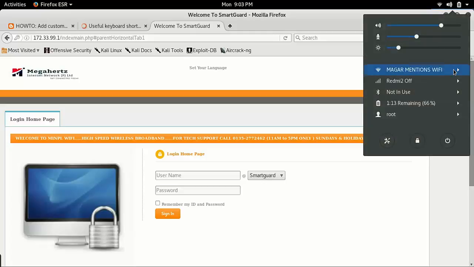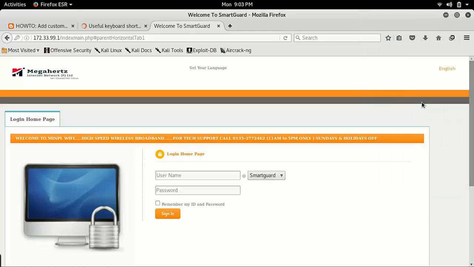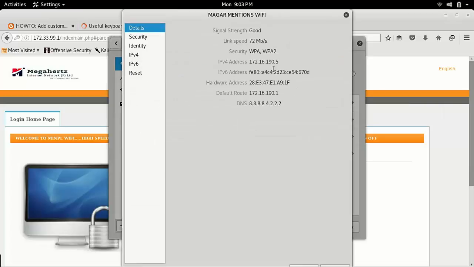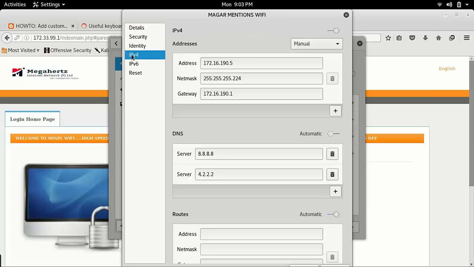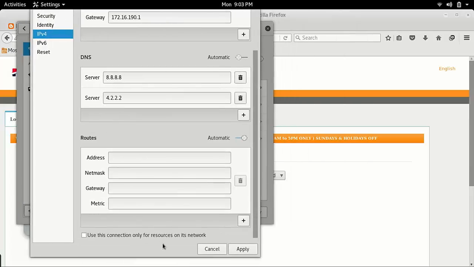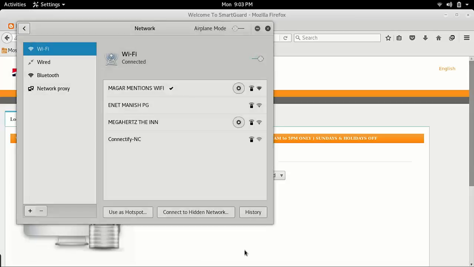Let me check whether my IPv4 settings changed or not. Yeah, no, it hasn't changed. Let me check once again. 13. I think there is an apply option. Yeah, so apply. After that let me check.